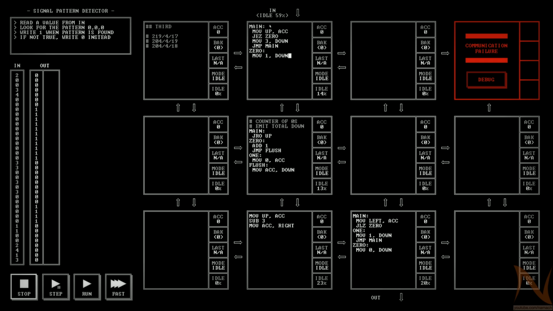We move the up value to ACK. We jump if it's equal to 0. In that case, we move a 1 to just move on here. Otherwise, we send a 3 to flush it, and we jump back to the main. We jump back to main. I remember saying something about inlining jumps to main. Because basically,